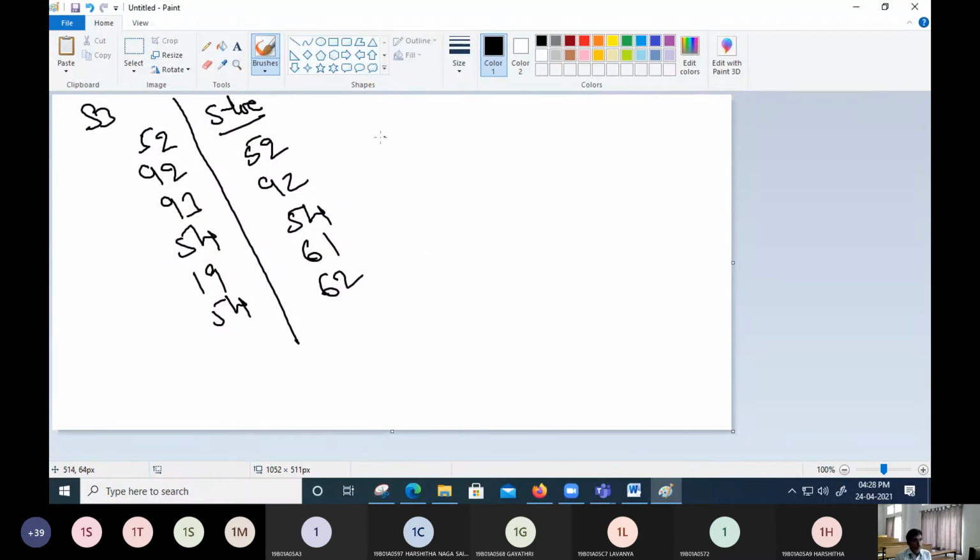Fine. Now what we have to try? We have to try 3 outer joins. The first one, we should try left outer. Second one, we should try right outer. And third thing, we should try full outer. If we are successful with these 3, then the join topic is complete.